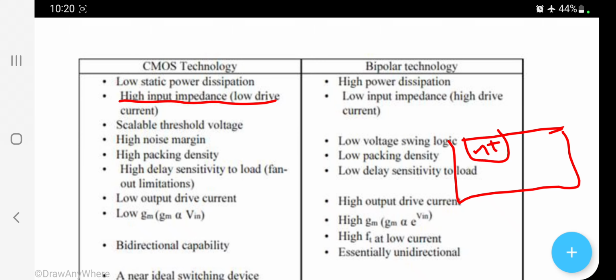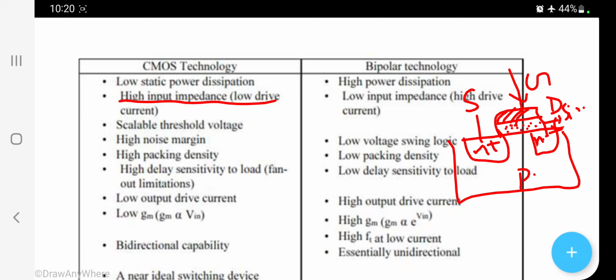This is N plus, this is N plus. Here we have silicon dioxide, polysilicon, and the P substrate. The dots represent silicon dioxide, which is an insulator. So when we connect the gate terminal here, this is source and drain, we'll see in detail. So here the high impedance